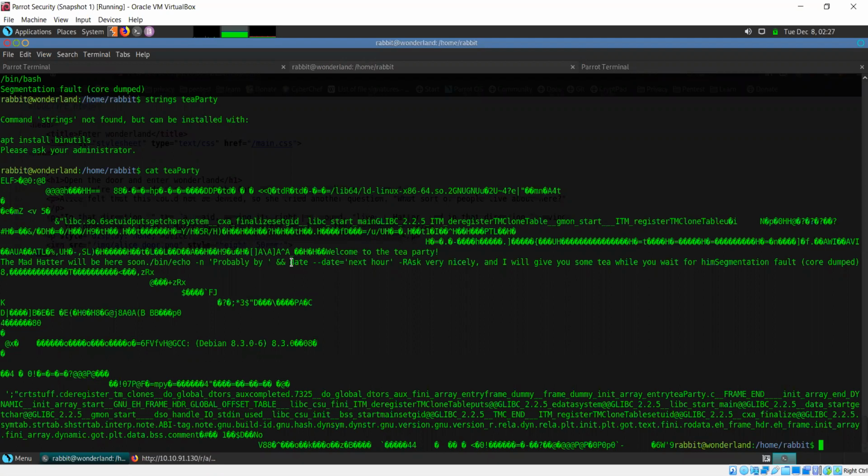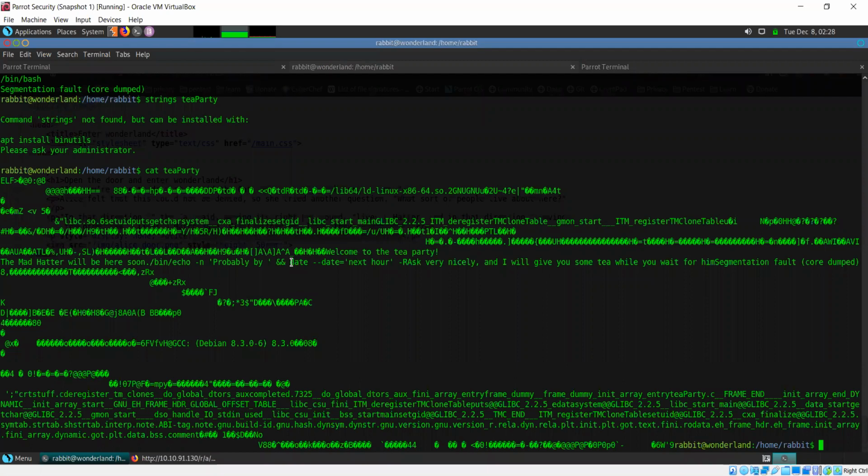Can we introduce our own version of this file, so that when this program runs, instead of the actual system command, which is date, our custom version of date will run? Can we do that? Okay, we can try. Whether it works or not, we'll find out, but we can most definitely try.